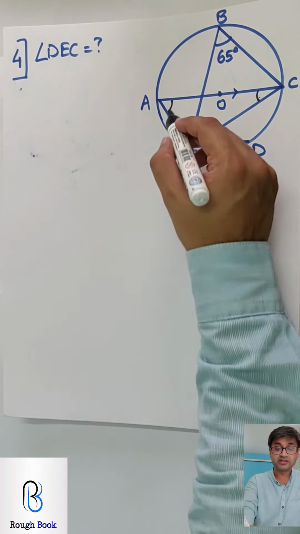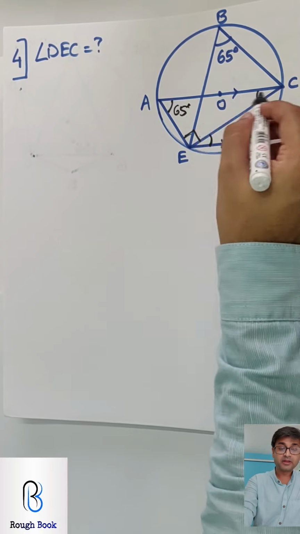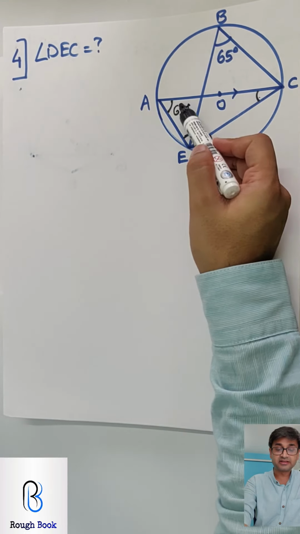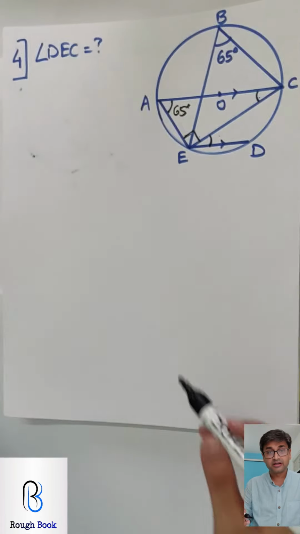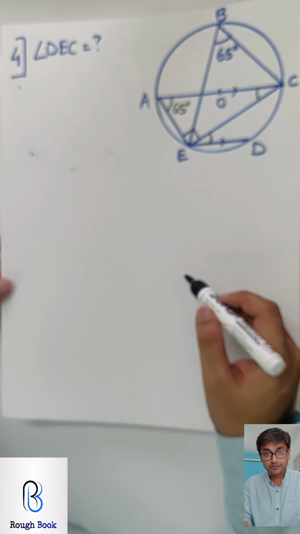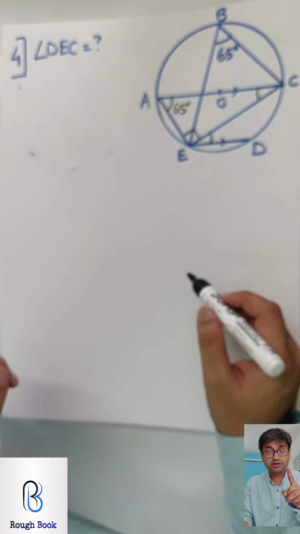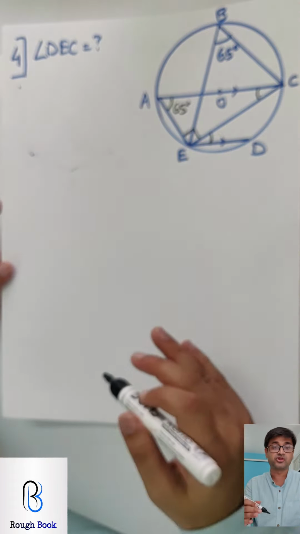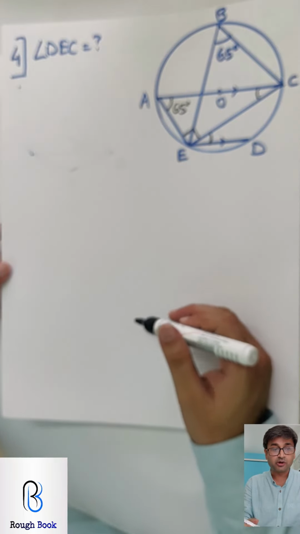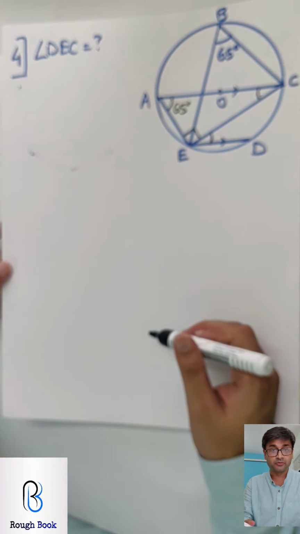You said it. Perfect. 65, angles in the same arc. So first get this 65, then say 90, then get angle sum property, alternate angles, and you're sorted. Can you do it on your own? Begin. Come on, you should try on your own. You will get immense confidence then. So try it, because this is a revision exercise. I don't expect any of you to copy these sums from the video, please.